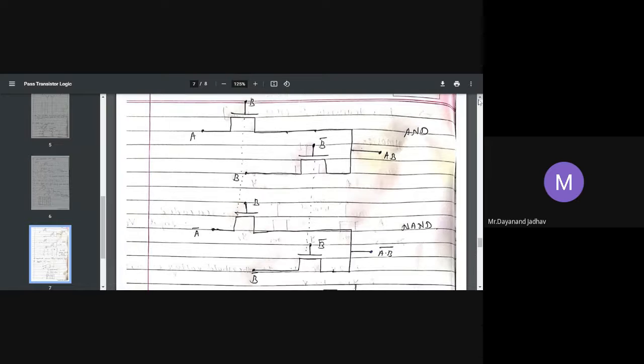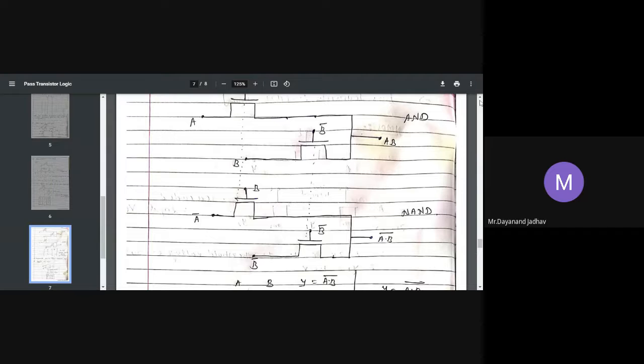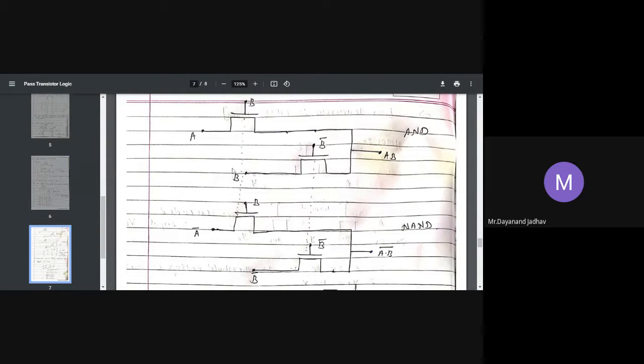Then how to implement it? First of all, we know how to implement the AND gate. A and B are the inputs, and B and B bar are the control signals, and here the output is A and B. See here, the same control signals are there when we implement NAND. Same control signals B and B bar. The gate terminals get the same voltages applied. So in AND, these are the same as in NAND, B and B bar.